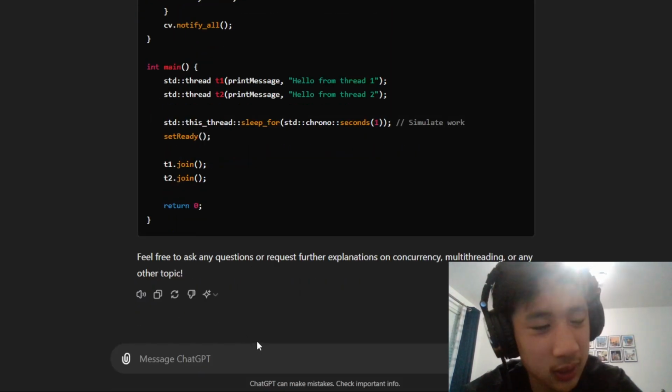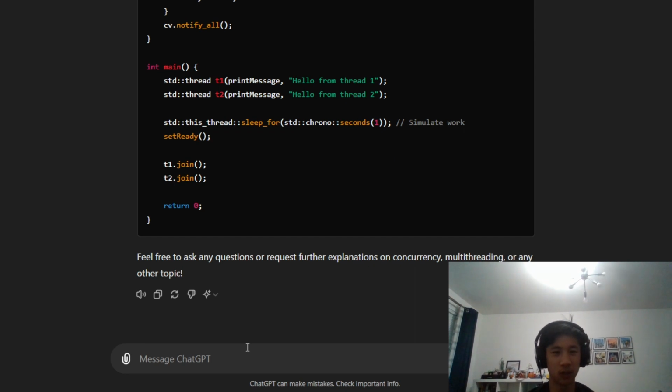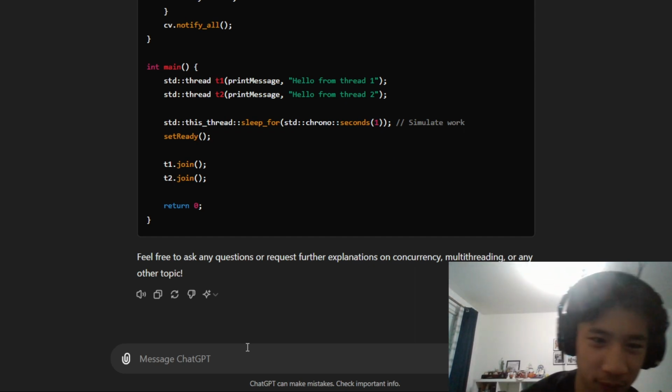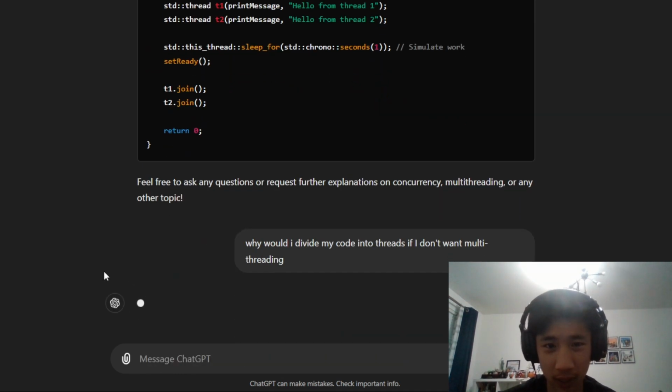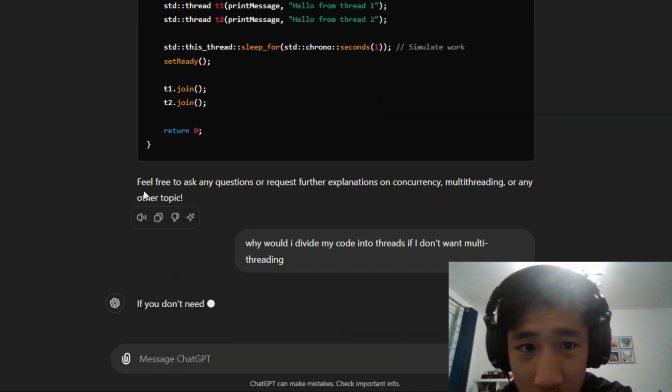So I just don't understand why I would actually divide my code into threads instead of just making them functions. Like, I understand that if I were to do it with multi-threading to increase speed, but I'm not sure why I would just do that normally.